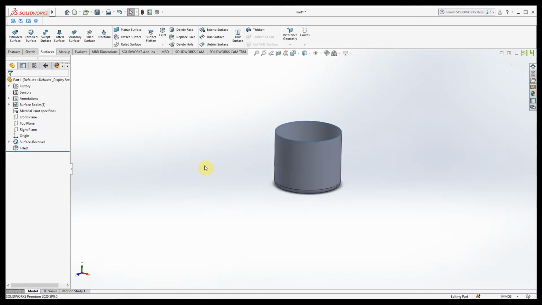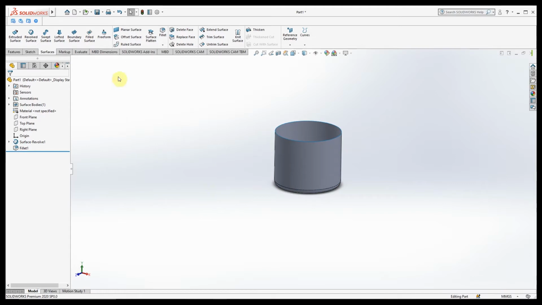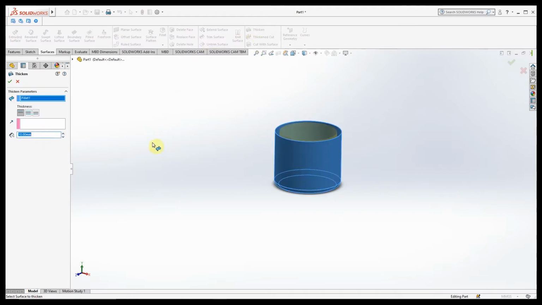Keep it around 10 mm, and also select the surface. You need to thicken the surface profile. Go to thickness option, give the dimension around 2.